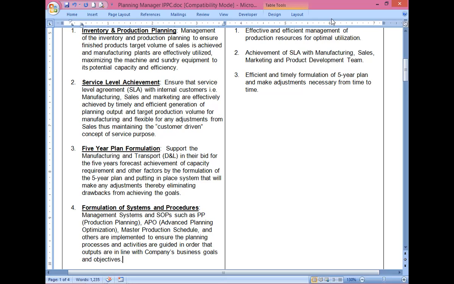Very important: computer programs. They use lots of computer programs like QPulse. You know what QPulse is? QPulse is where you put all the SOPs, all documentation for the quality management system. It's an expensive computer program. You have to buy it, then install it on your system. So everybody uses it nowadays, especially the large organizations, correct?